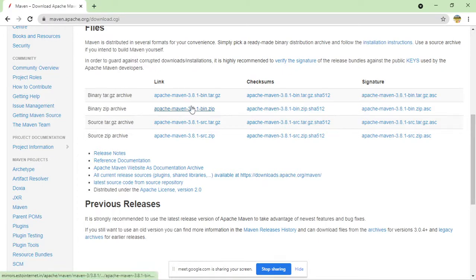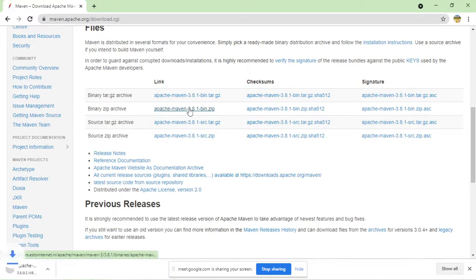There are a couple of options, but we can download this one, the binary zip archive, right? So now if I click it, you can see it will finish downloading, right? Let me show you how it will look, and I will extract the file.